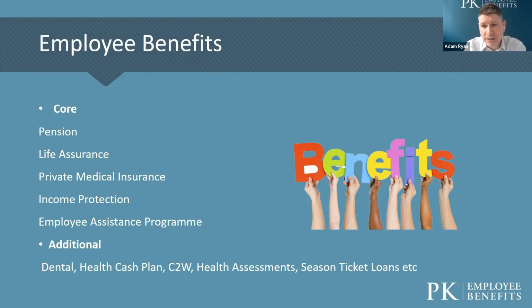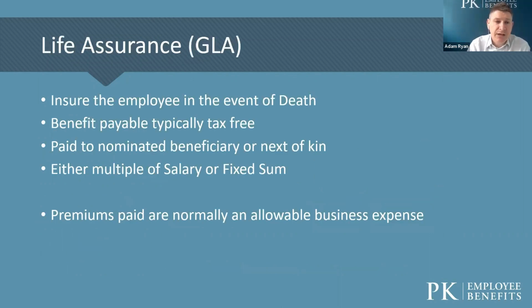Typically in the UK, there is a split in benefits between what's called core benefits, which are your usual pension, life assurance, and private medical insurance, and other contractual type benefits, and then additional, or sometimes referred to as lifestyle benefits, those that are optional for employees, ones that they can pick and choose between whether they utilise or not. So what we're going to do to start with is just run through those benefits and some things for you to consider. So the first one to look at is the life insurance,